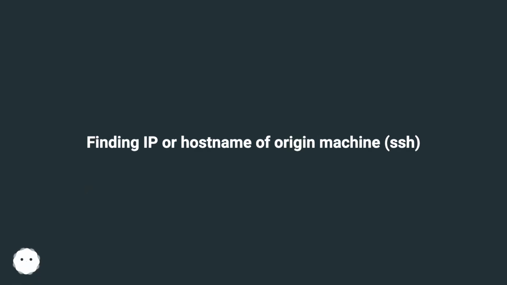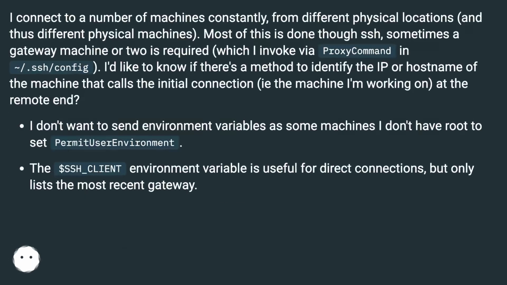Finding IP or hostname of origin machine, SSH. I connect to a number of machines constantly, from different physical locations, and thus different physical machines. Most of this is done through SSH, sometimes a gateway machine or two is required, which I invoke via ProxyCommand in the ~/.ssh/config. I'd like to know if there's a method to identify the IP or hostname of the